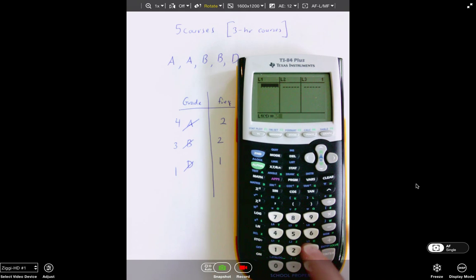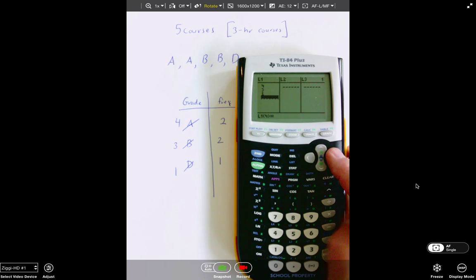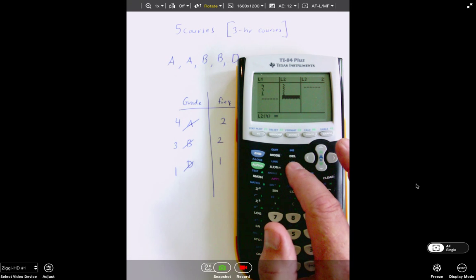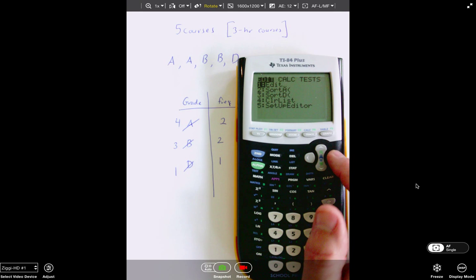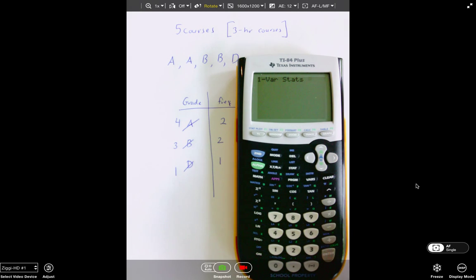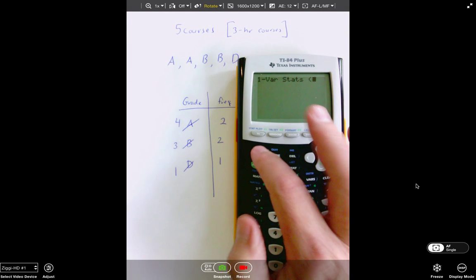So I'm going to go 4, 3, 1, and I have 2, 2, 1. Now, to do this, I'm going to go to Stat, and I'm going to go over to Calc, and I'm going to do one variable Stat, but I don't come up like I did before where I have a frequency line. So what you have to do here is you have to hit the left parentheses, go L1,